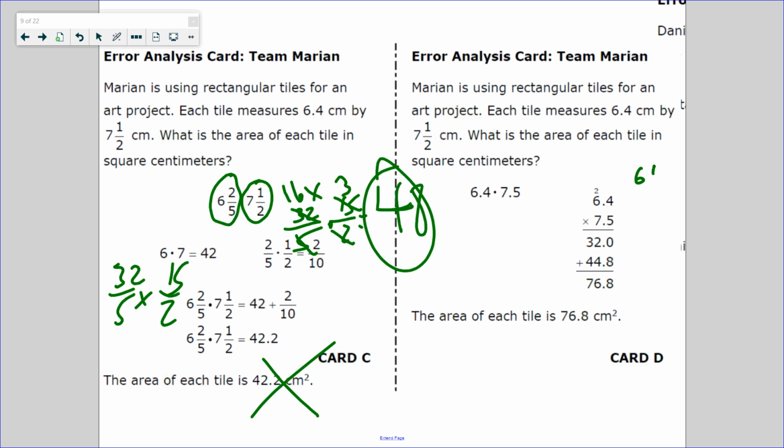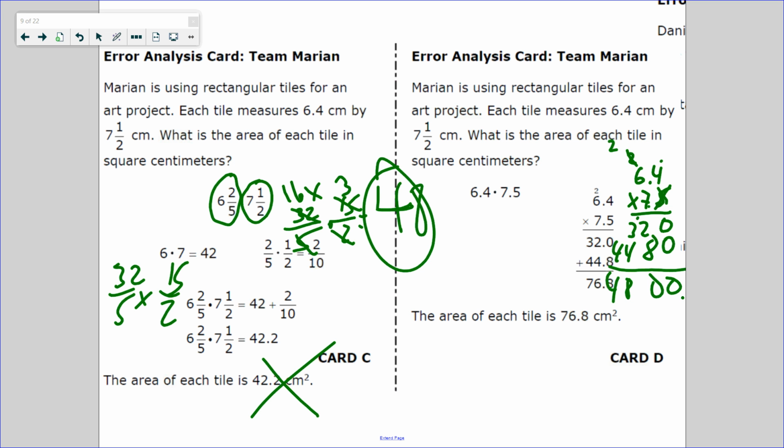So it's 6 and 4/10 times 7.5, which is 7 and 5/10. 5 times 4 is 20, carry 2. 5 times 6 is 30, plus 2 is 32. Looks good. Oh, scratch, scratch, lay an egg, as some of the elementary teachers teach. Oh, wait, they didn't put a 0 here, a placeholder. 7 times 4 is 28, carry the 2. 7 times 6 is 42, plus 2 is 44. If you add this up,